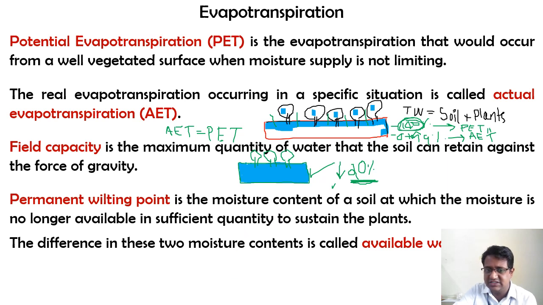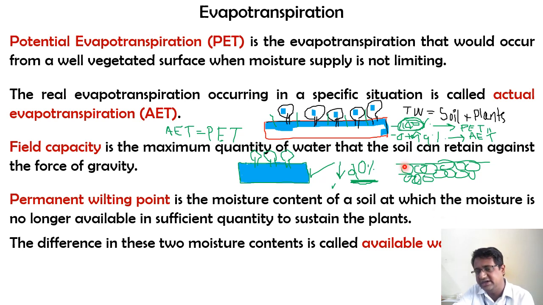Again, to explain that concept, these are the soil particles, just for the sake of simplicity. Whenever I say water is stored in soil or the soil is saturated, there are two ways in which this happens. One is that the soil particle itself absorbs the water. The second is that water is stored inside the voids in between the particles. These are the two ways in which saturation occurs.